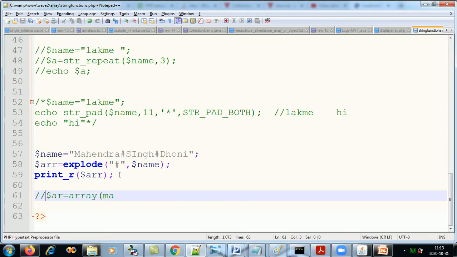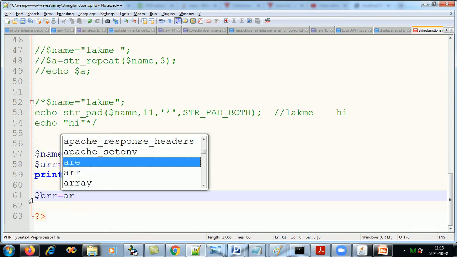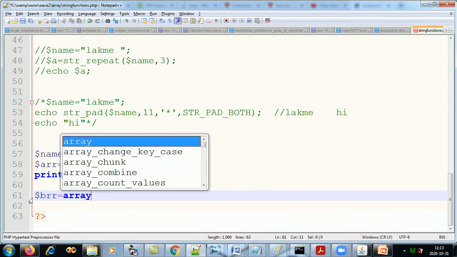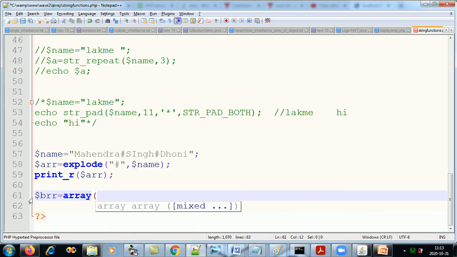Then we have the implode function, which is just the reciprocal of this. Implode is the reciprocal of explode. In implode I'll have an array. Let's name it BRR. In that array I'll have, let's say, 3 strings: Mahindra, Virat, Rohit.